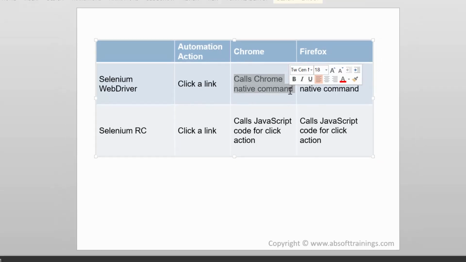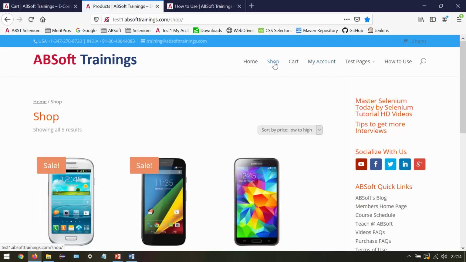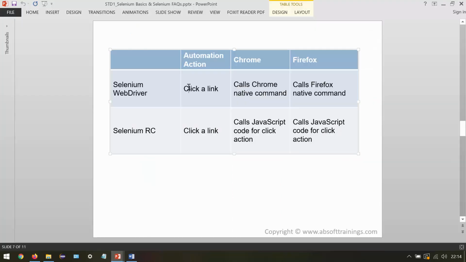As a human, when we perform a click, here I'm clicking on the shop link, there is some internal Firefox command that is going to be called. Exactly the same Firefox command the WebDriver is going to call. So when you perform a click using WebDriver, it is going to call the native commands, the internal commands.